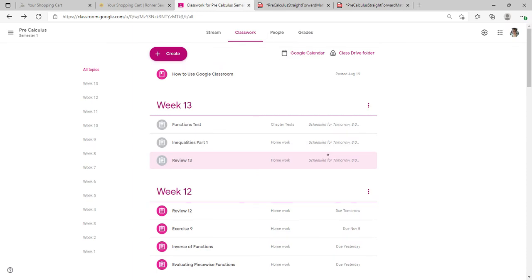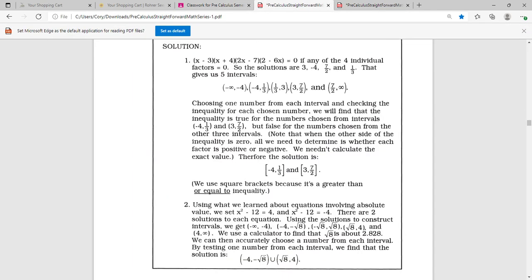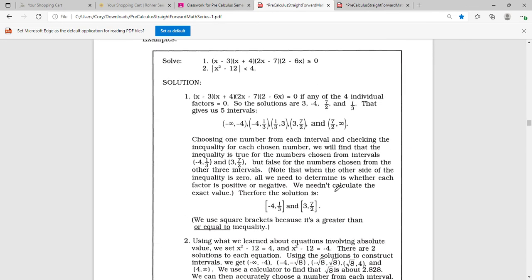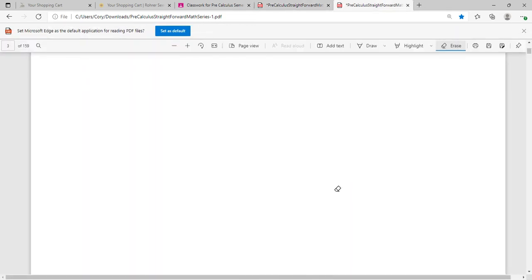Okay, whoops, I think there is another example. Okay, this one. This one uses the absolute value of x squared minus 12. Okay, so I've got the absolute value of x squared minus 12